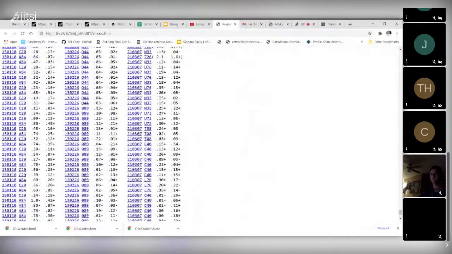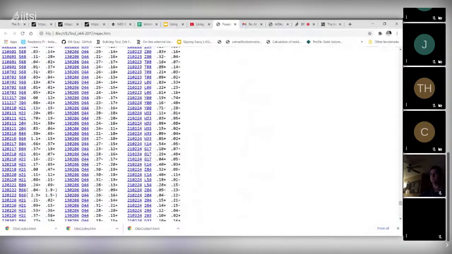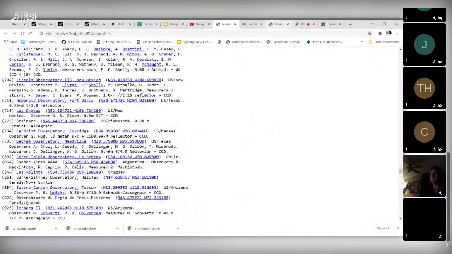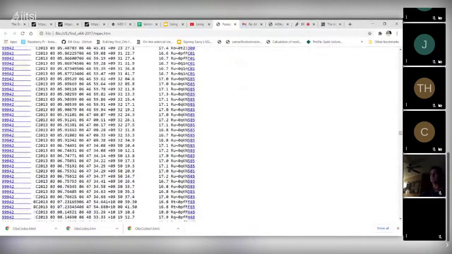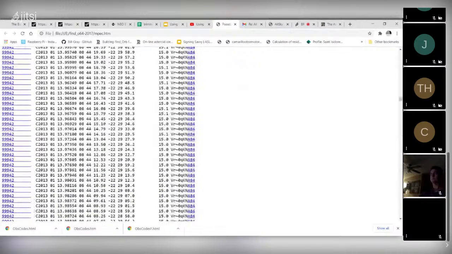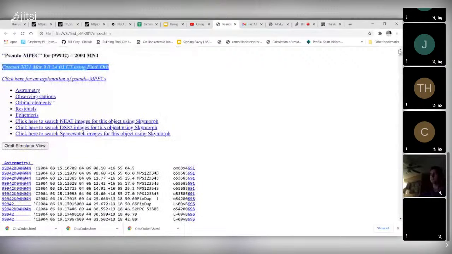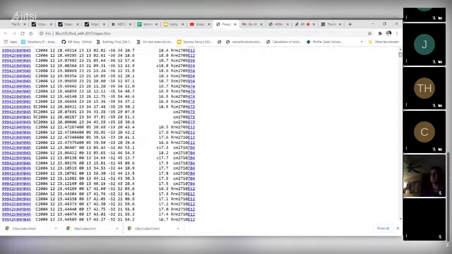It shows all of the observations that were used to fit the orbit, like so, which can be quite mundane. It goes down, like so,